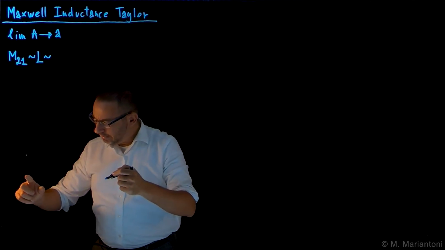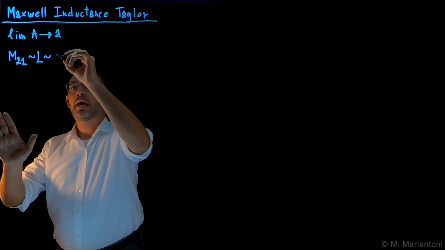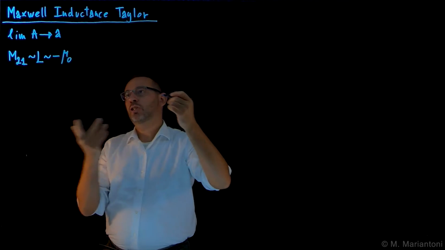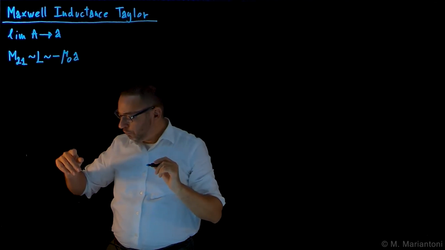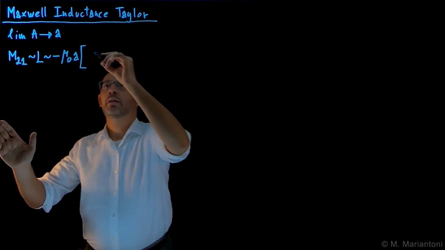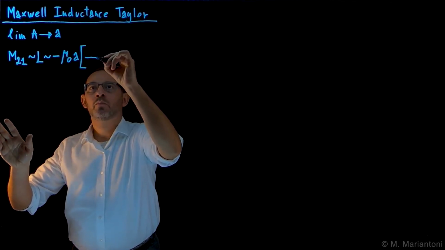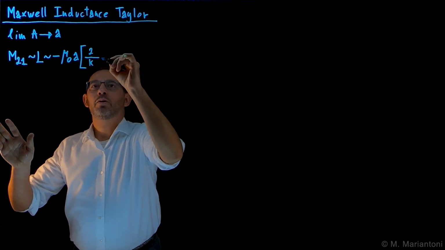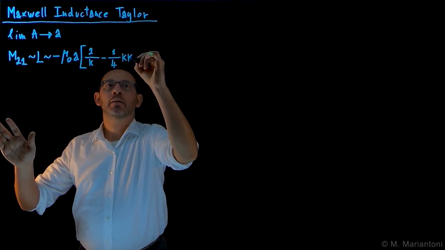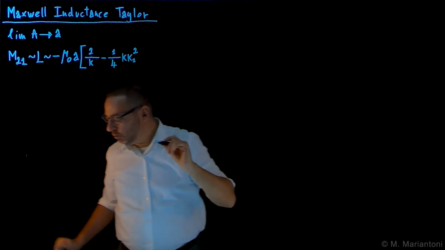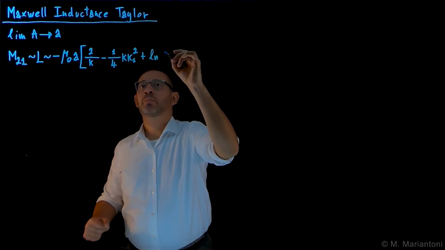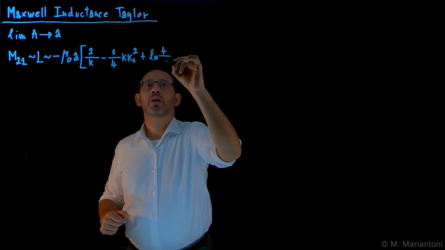So if I look back at the result from before, assuming that now capital A is small a, this is equal to minus mu naught times the square root of capital A, which is just small a now, since they are the same. And in the bracket, I remind you of our previous result, which is going to be 2 over k minus 1/4 k1 square. These were the two terms without the natural logarithm, plus the natural logarithm of 4 over k1,